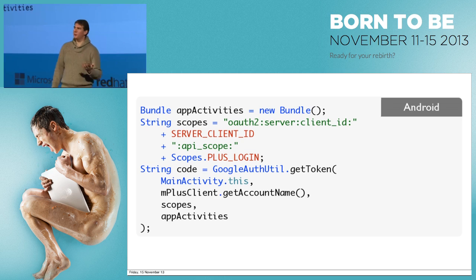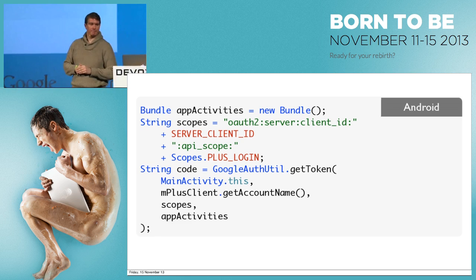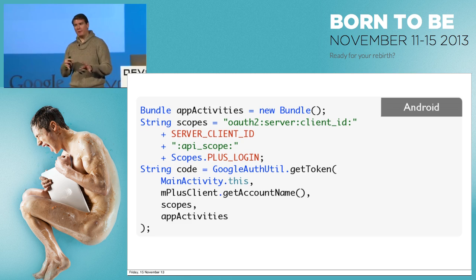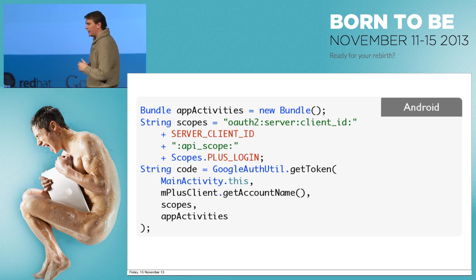In fact, the flow you probably want is: check with the ID token, does the server already have a refresh token? If they don't, then use this method. Then get the code and show the user a consent screen. So that's the two primary ways of getting the server authenticated.